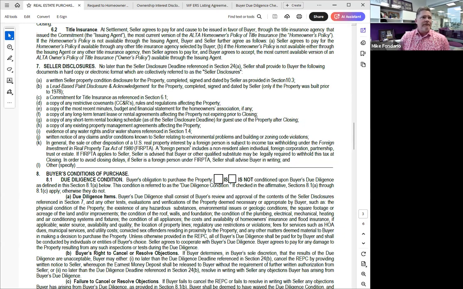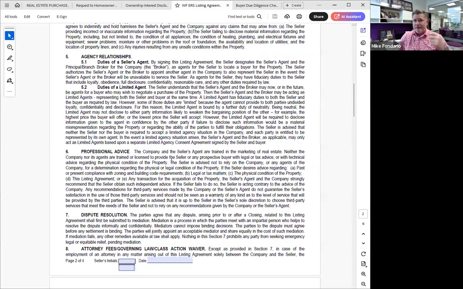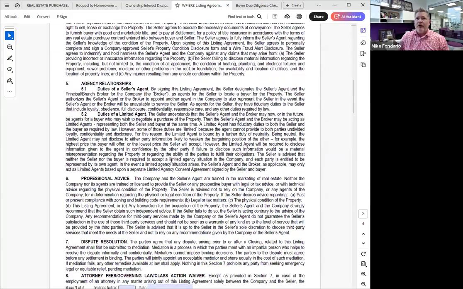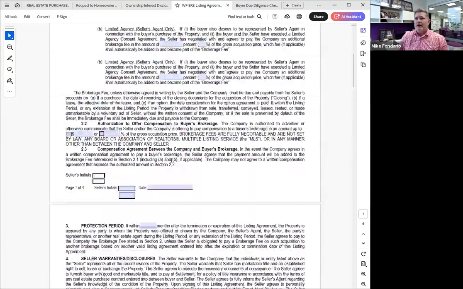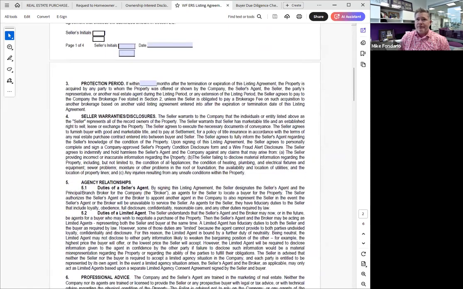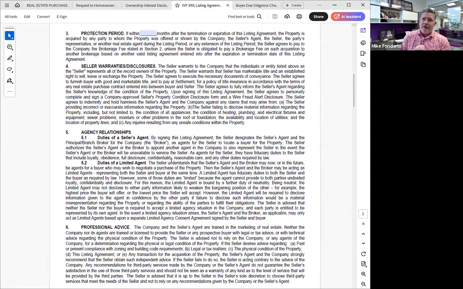And let's jump over to the warranties that are closely associated with this in your listing agreement. So this is your listing agreement, and I had it right where I wanted it to be. Paragraph 4, and you'll notice this is our Berkshire Hathaway exclusive right to sell listing agreement. In paragraph 4, we have an entire paragraph devoted to sellers' warranties and disclosures. So let's read through that real quick.